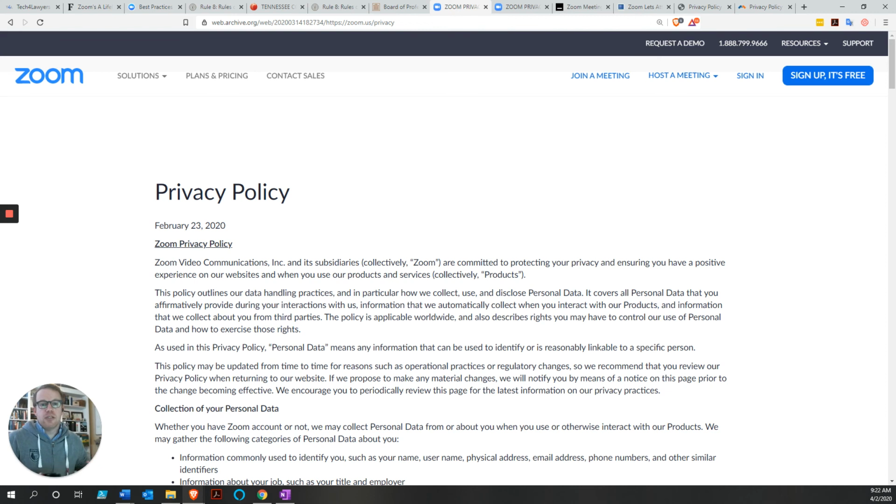But let's get an idea here of how to look at a typical video conferencing privacy policy. And our main concern is the data that they collect and store related to us and related to our clients. And this data, it's all information that's related to us and related to our clients, but a lot of times they call it different things. And one of the first things that they're going to call it is going to be personal data.